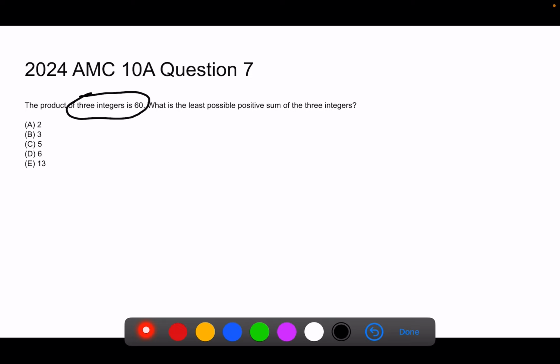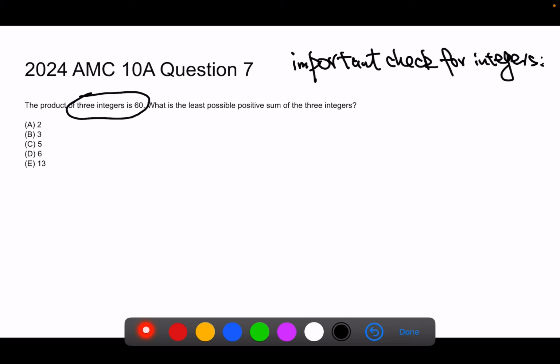Some students get stuck on this question or get a wrong answer because of one part of this statement, and that is actually an important check. I want to make sure you always do this when you solve this kind of question. So, important check: for integers means if you get a question where they're saying all of them are integers, there's an important check, which is